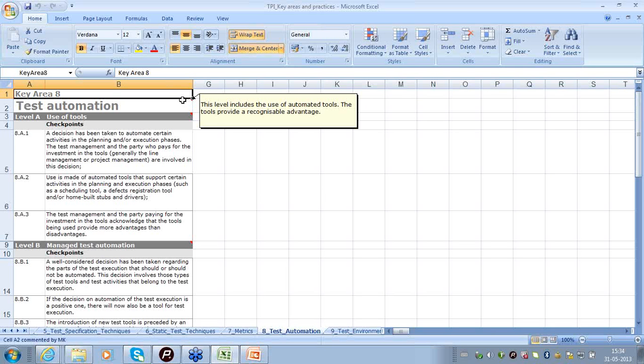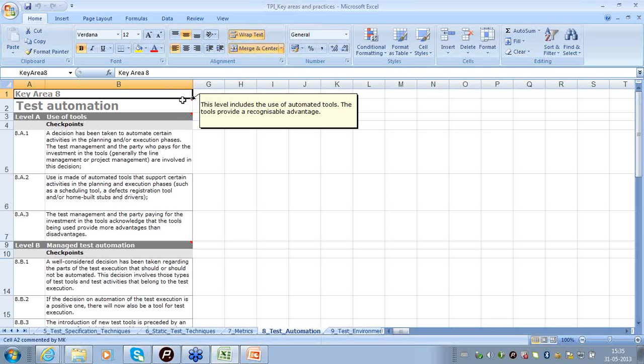However, if you get into the details of the checkpoints of this test automation key area, there will be some interesting inputs like how to decide whether to go for test automation or not, when to go for test automation, what should be the criteria for identifying and concluding on the test automation tools to be used, how much of test has to be automated, how to calculate the ROI of the test automation, and so on.